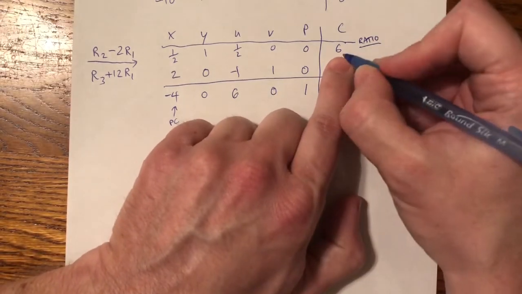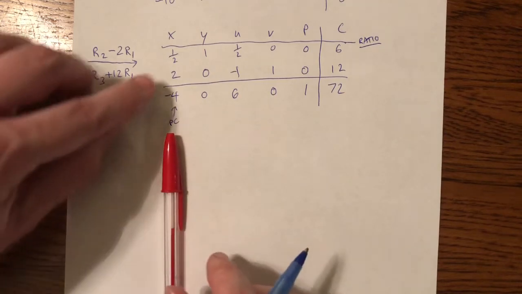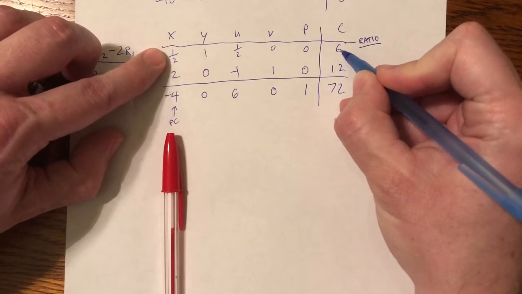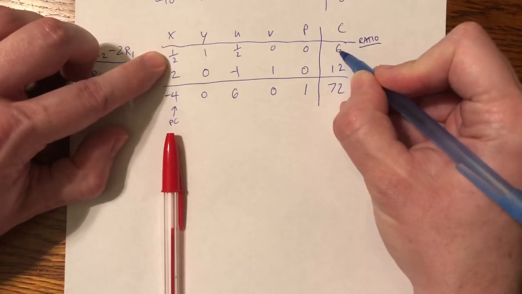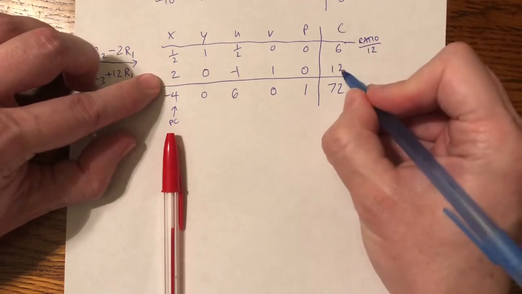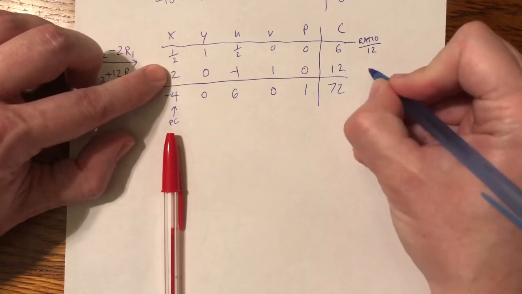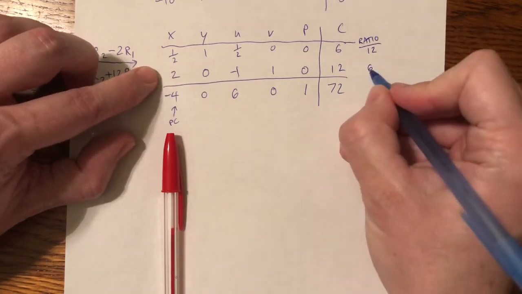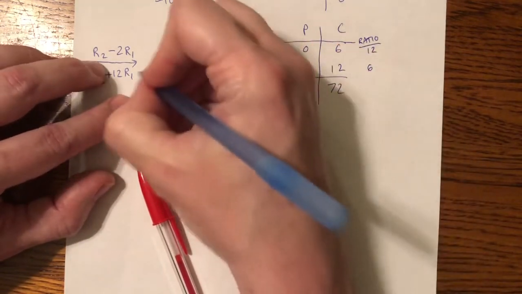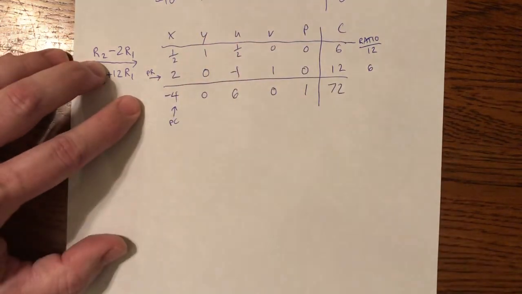So for this first ratio, you gotta use the pivot column for the value in the denominator. So 6 divided by 1/2. 6 divided by 1/2 is the same as 6 times 2, so this ratio is 12 for row number 1. Row number 2 would be the ratio of 12 to 2. 12 divided by 2, that's 6. So because the smaller ratio is with respect to row 2, this is your pivot row,